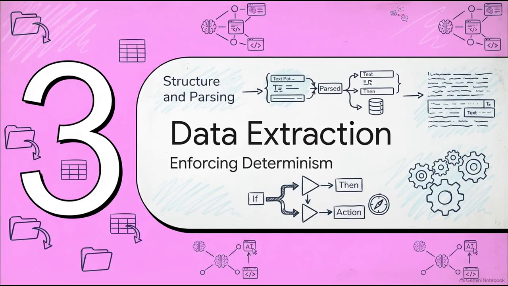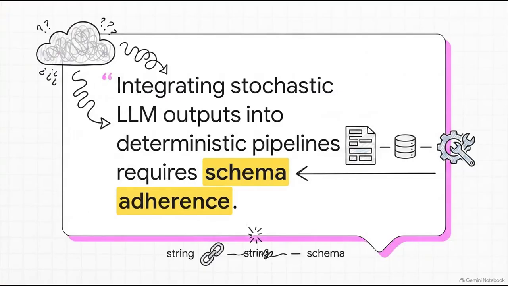All right, Section 3, structured data extraction. This is literally the ultimate challenge we face. We have to take unpredictable, inherently stochastic AI text, which, let's be real, is essentially randomized guesswork based on probability, and turn it into perfectly reliable, deterministic application data. Data your production pipelines can actually use. Because if the AI spits out a string when your pipeline explicitly expects an integer, everything breaks.